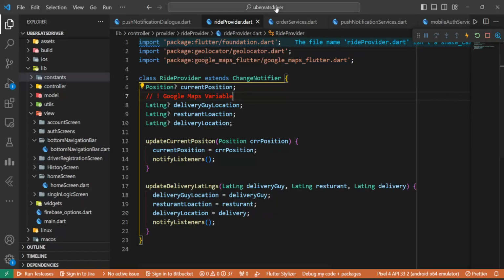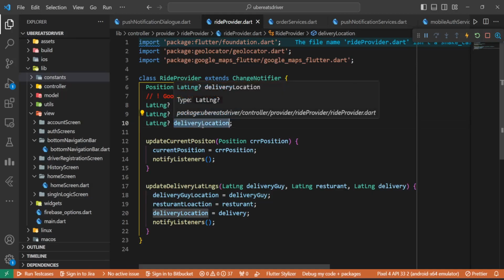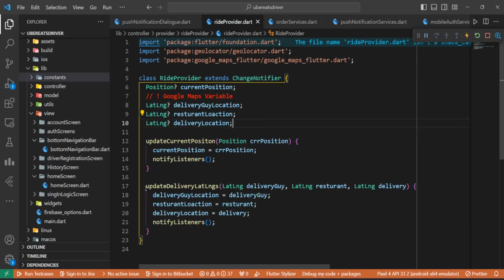Now, in the Uber Eats Java application, we will add three lat long parameters. They are the delivery guy's current location, the restaurant location, and the delivery location, or you can say the user's address location. And here we will add a function to update these three parameters. So what we're going to do is go to